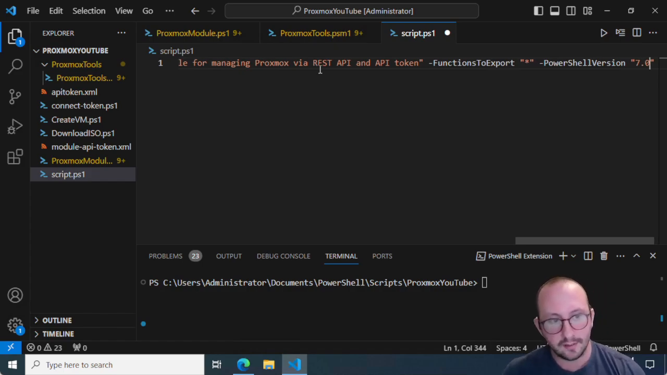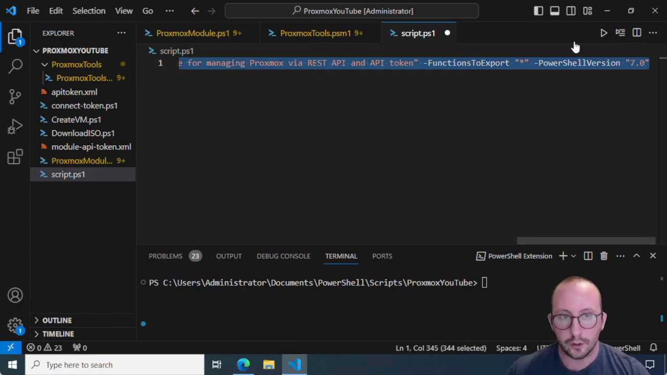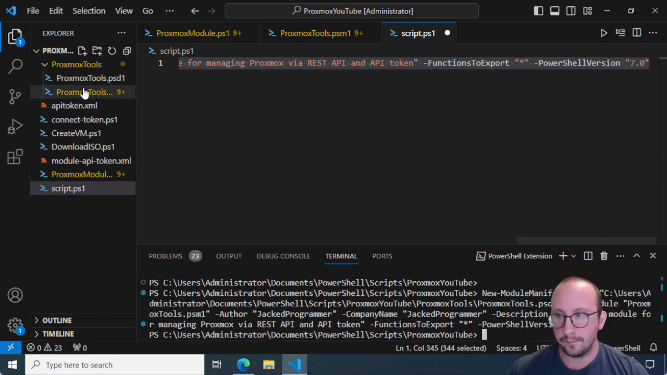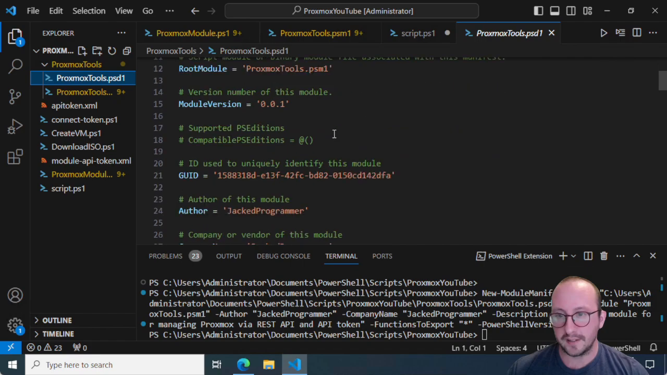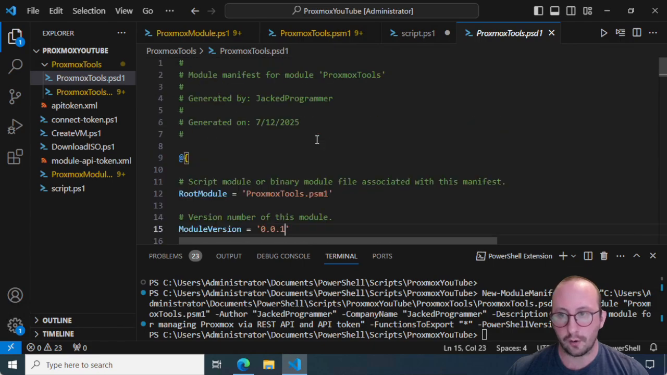Now, typically you could easily put 5.1 here, but because we are using that SkipCertificateCheck parameter on our functions, that does not exist in PowerShell 5.1. So we're going to have to put PowerShell 7.0 here. And we're just going to go ahead and run this here. And we're going to see it creates our PSD1 file. Now, we don't actually have to change anything here. You could maybe change the version of the module here, but I'm going to leave it at 0.0.1. It is the first absolute version of our module, and then you're going to work on this and update that